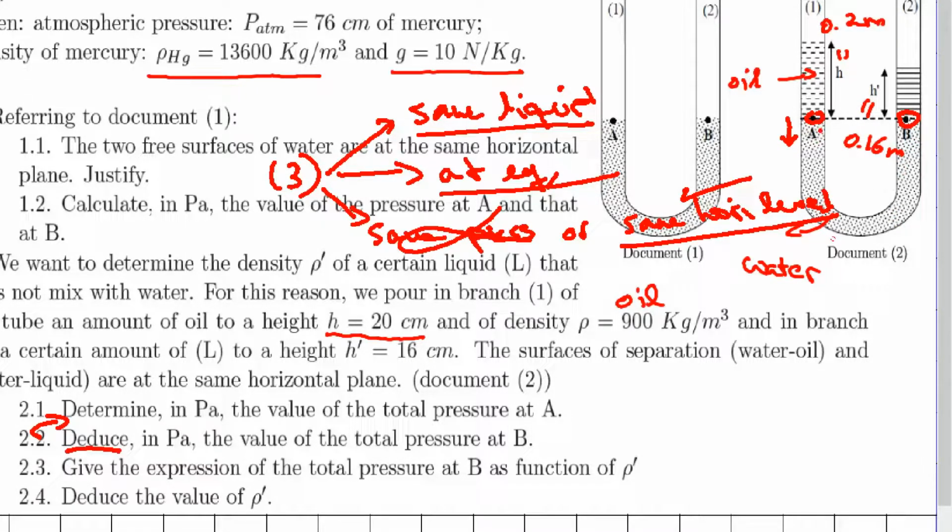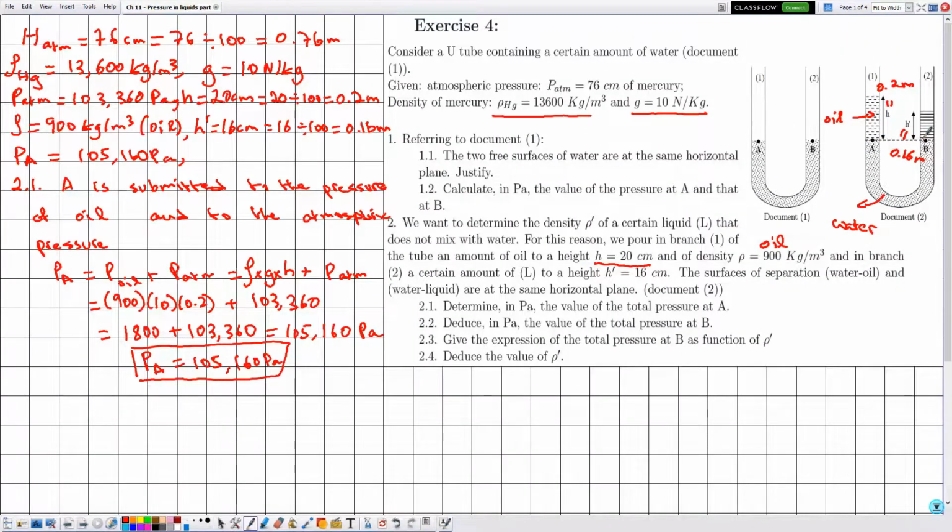Therefore both of them, A and B, are in water, although above the point A we have oil and above the point B we have the liquid L. But whenever we are interested in determining in which liquid a point is, we always look downward. So the points A and B are in water. Now in 2.2,